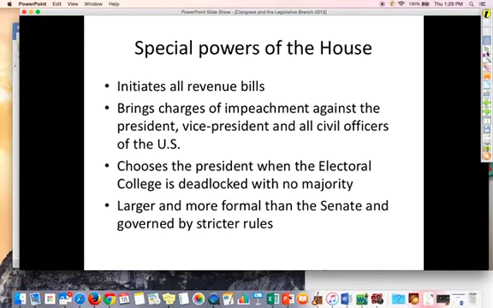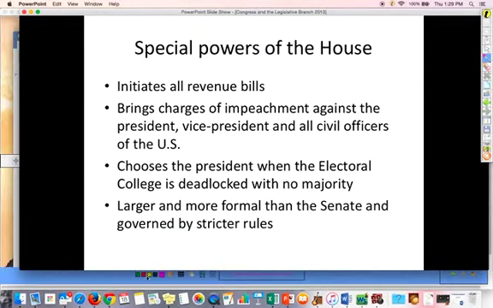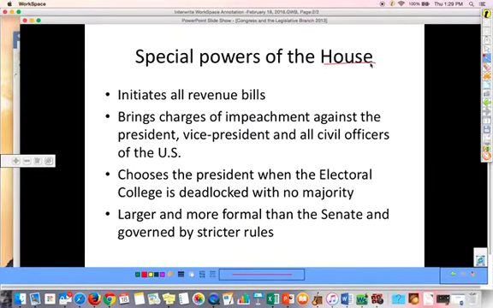All right. So the first thing I want to talk about is the special features that the House has alone. It's very distinct that the House has some things and the Senate has some things that are distinct to their own operating functions. Number one, all revenue bills are initiated in the House of Representatives only. That means all tax bills out of the Ways and Means Committee. And we've talked about that before, just want to make sure you know that basic one.